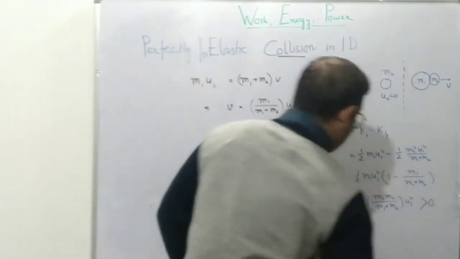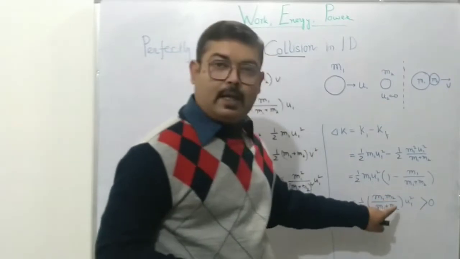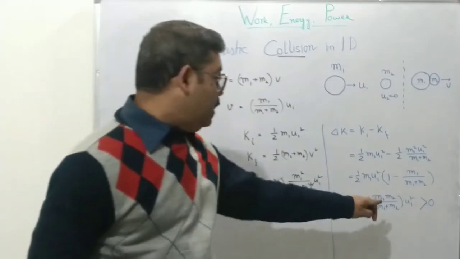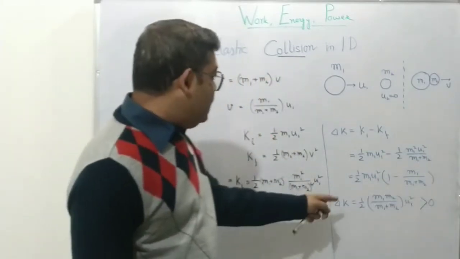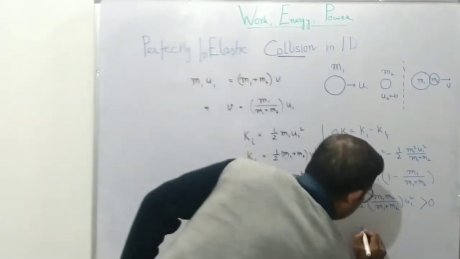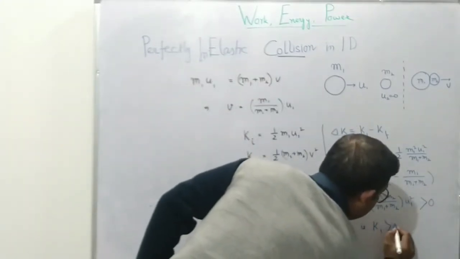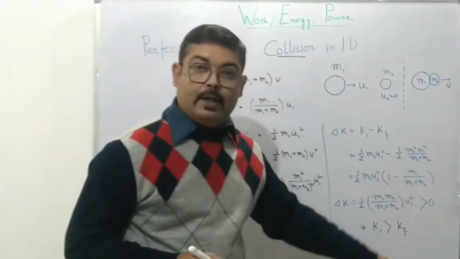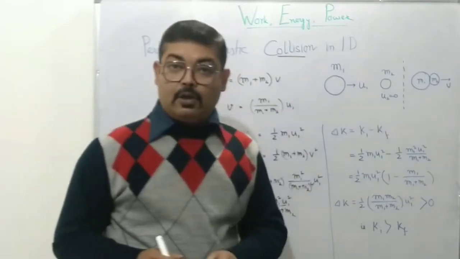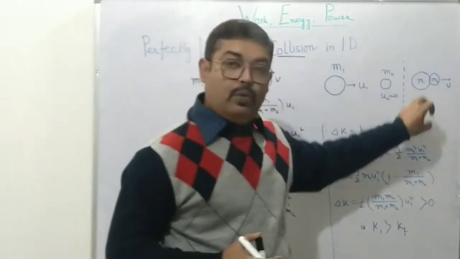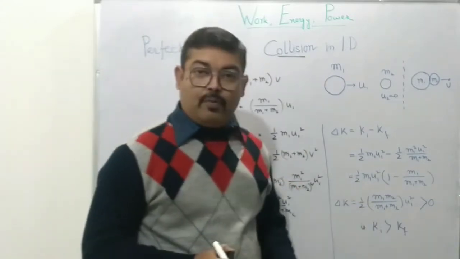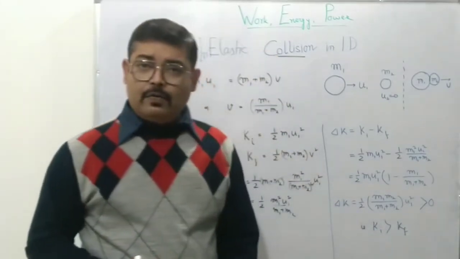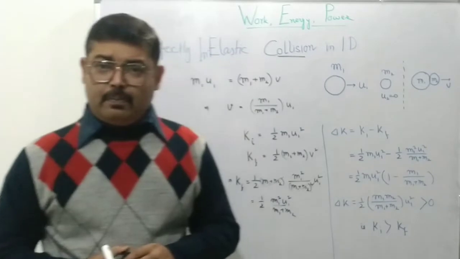greater than 0. Why? Half is greater than 0, mass cannot be negative, and u1 square, a square term, real term, must be positive, which means initial kinetic energy is greater than final kinetic energy. In other words, some of the kinetic energy of the oncoming particle is lost during the process of the two masses coalescing, in the form of heat or sound or any other form of energy. So the net kinetic energy at the end of the collision is less than the kinetic energy at the beginning of the